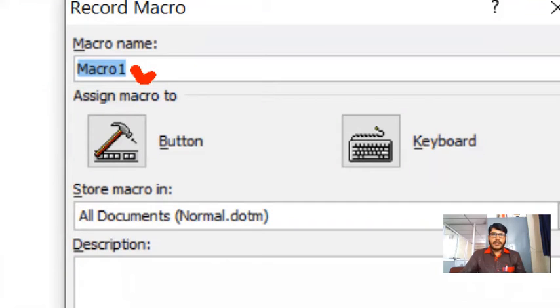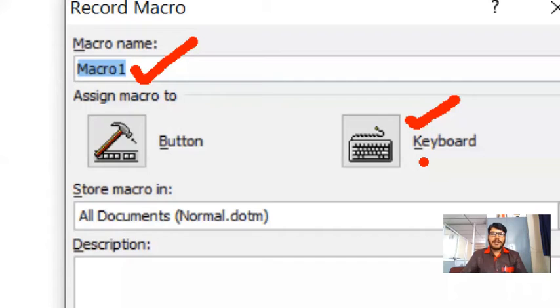And for this macro, we need to assign a shortcut key. Why? Because whatever macro we are recording, I need to execute, I need to run that macro. For that purpose, I need to specify the shortcut keys. But please remember, while providing a shortcut key, we should not use a shortcut key which is already assigned for certain operations.